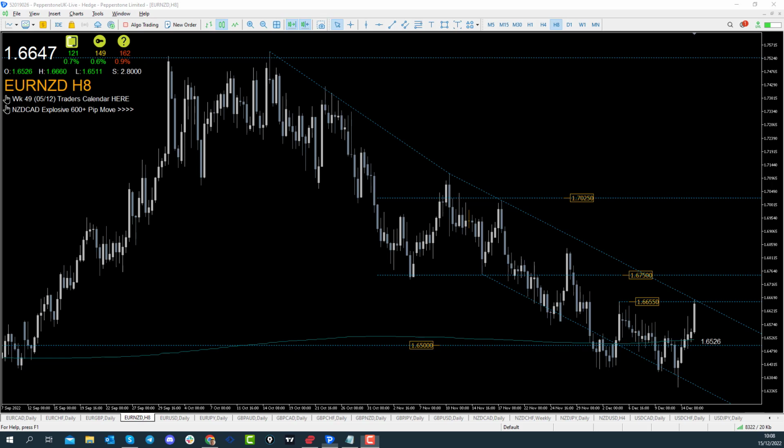Let me just grab a pen tool real quick. Here we go. So we can see here price has come up into the 1.6655 handle, which is this previous high here, where price found resistance and traded down towards the 164 handle. Also, nice confluence here with the bearish channel lows, and the bearish channel started to form back through the start